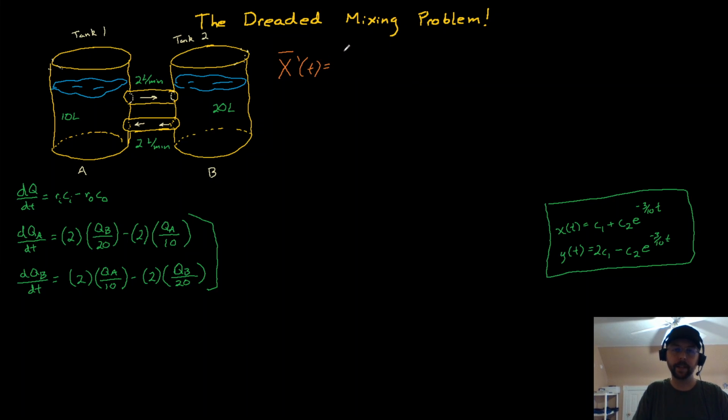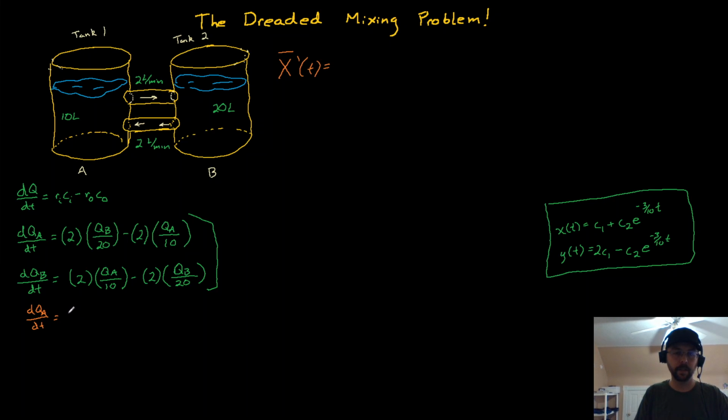So for A, actually hold on, let me do that in 1 second. Let me rewrite this first. I'll write it down here. Let's get the terms in order. It makes it a little easier to not make mistakes, and I'll do the same kind of canceling. So we're going to end up with the derivative of, so the rate of change of the quantity in A with respect to time